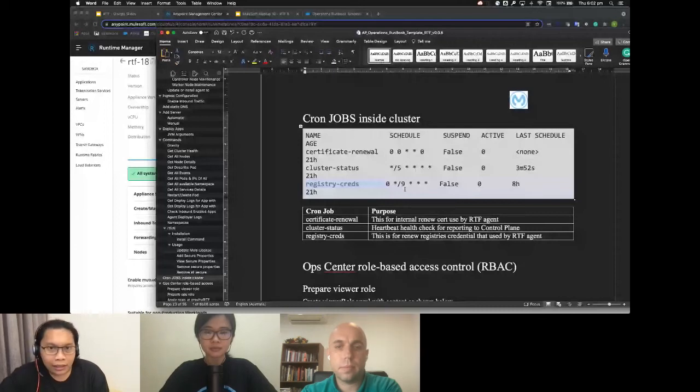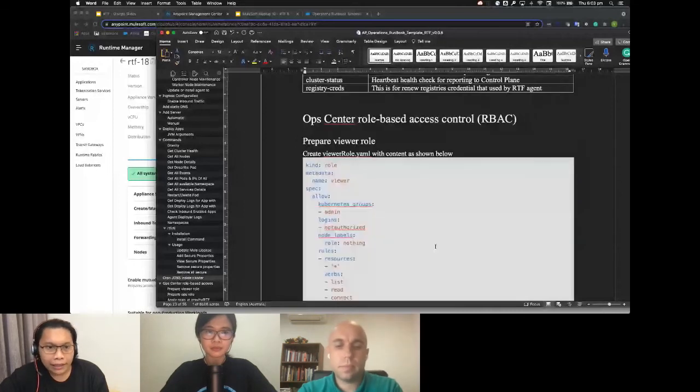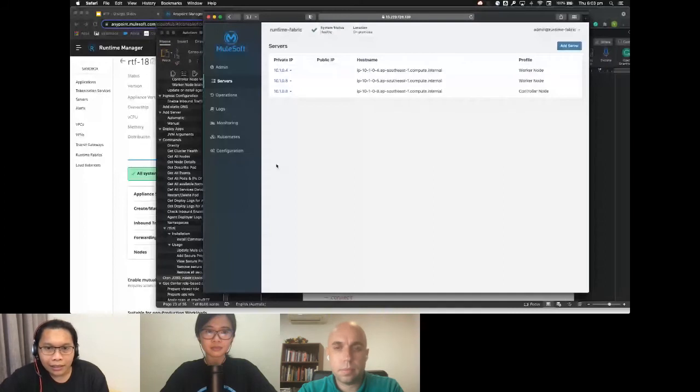And the next one is the Ops Center role-based access. How can you limit your access to Ops Center? So what is Ops Center? Each cluster or appliance cluster will have an Ops Center that provides management